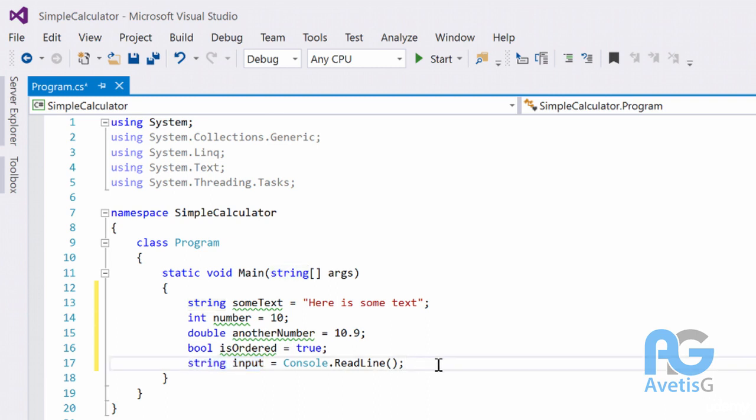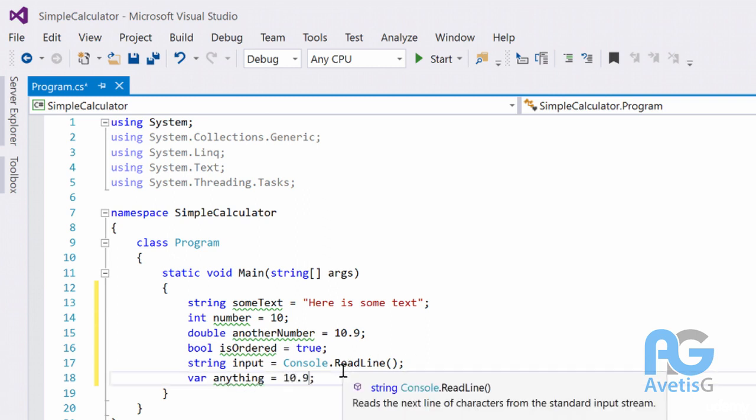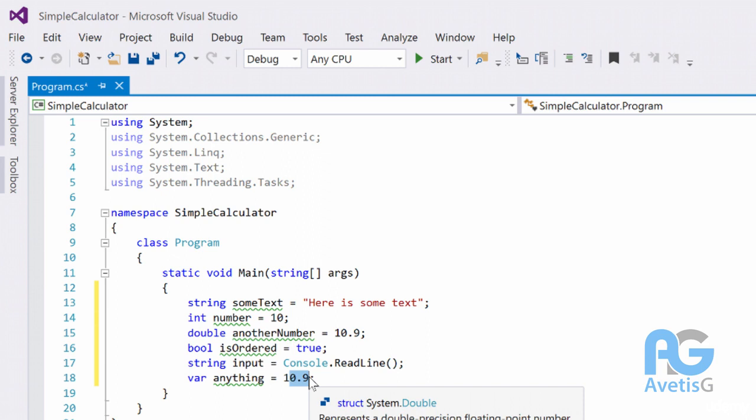And that's great. Let me show you another one. var anything equals 10. Interesting, right? It just worked. What if I do this? Still works. What if I do this? It still works. So var is an implicit type, meaning that anytime you assign a value to it, it automatically